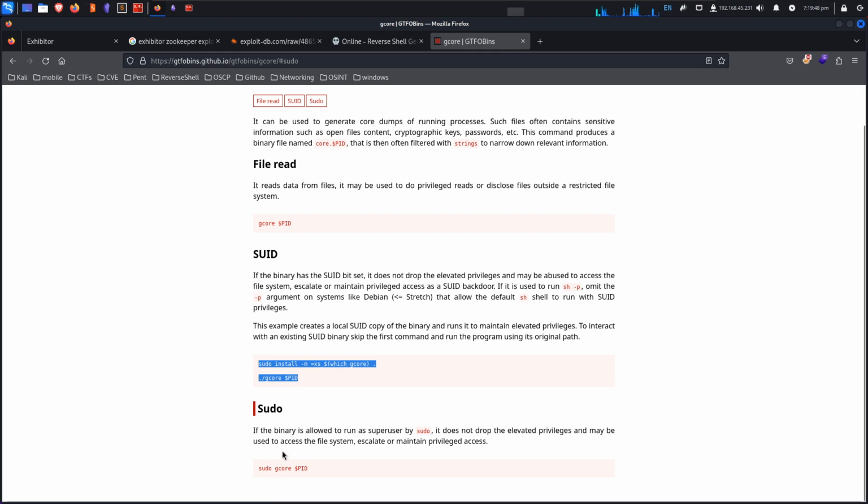Install, okay. Sudo gcore and then the process ID. If the binary is allowed to run as superuser by sudo, it does not drop the elevated privileges and may be used to access the file system, escalate, or maintain privilege. Additionally, it can read files. It reads data from files. It may be used to do privileged reads and disclose files outside of restricted